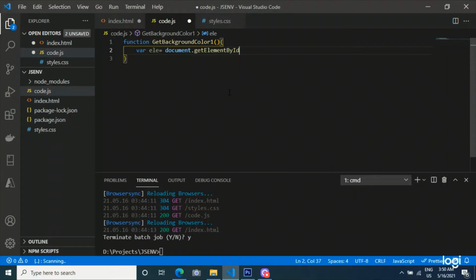Here I will give the element id, div id, and